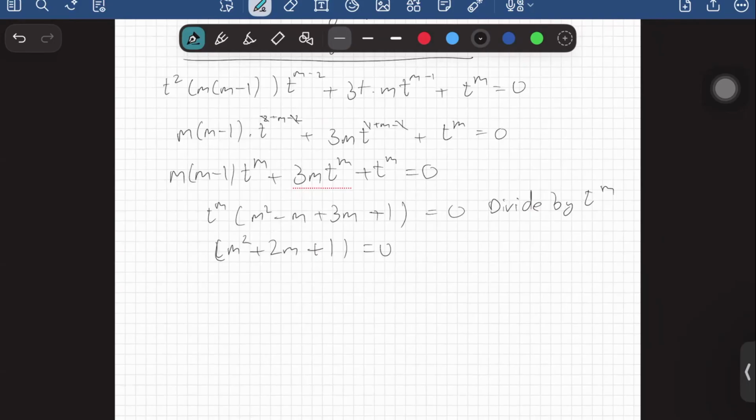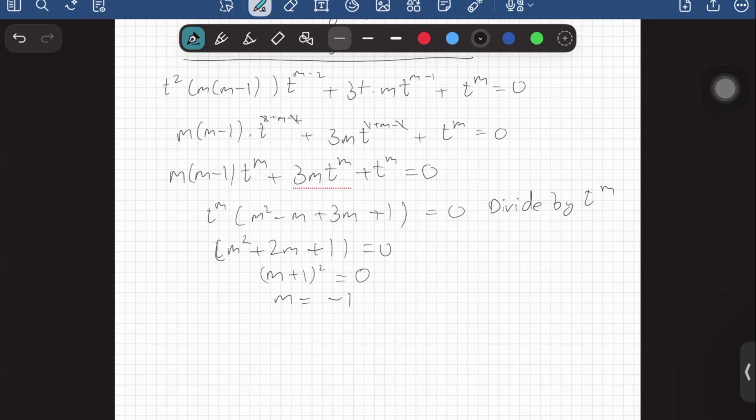So we can simplify this, and this is (m plus 1) squared, because (a plus b) squared is a squared plus b squared plus 2ab, right? This is just the general form of it. From this, we know that m equals negative 1, right? So this is a repeated root in a